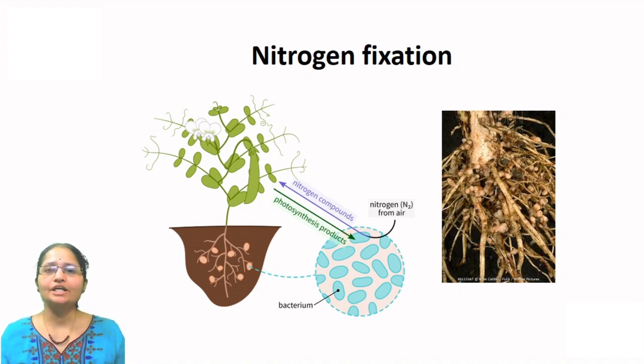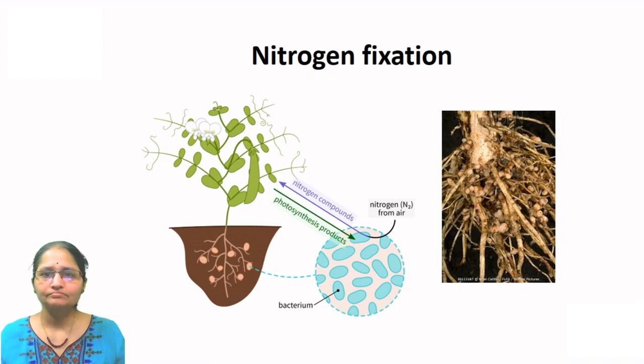So that is a very great benefit of these bacteria. Some other kinds of nitrogen fixing bacteria are also present in the soil, and they also do the same procedure, and they also convert the atmospheric nitrogen into nitrogen compounds, and they are made available to all living organisms